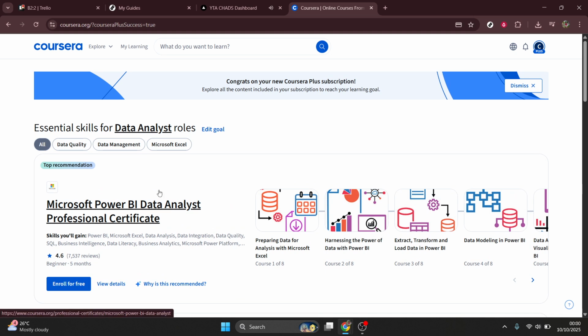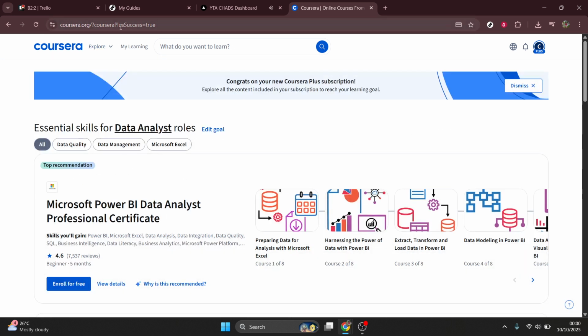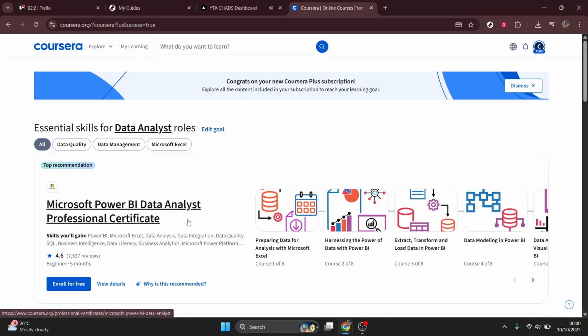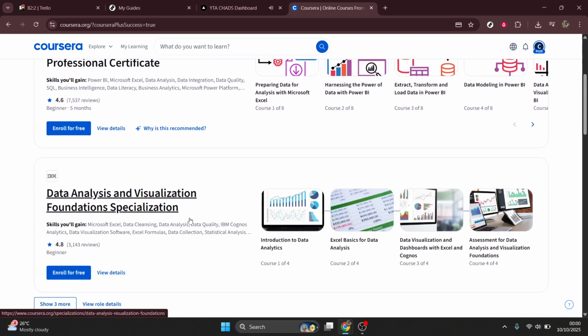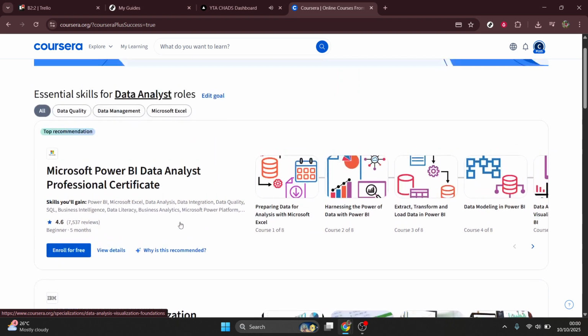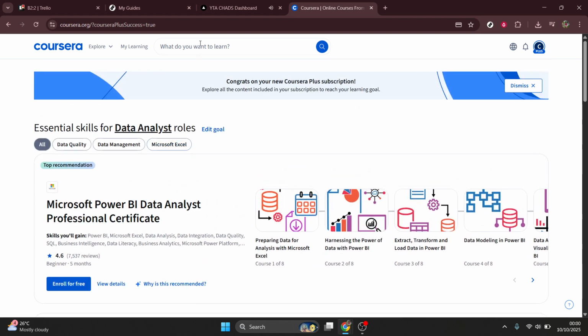Whether you're interested in developing new skills or just want to explore a subject area out of curiosity, Coursera offers a wealth of courses designed by top universities and institutions worldwide. Finding a course that piques your interest can be both exciting and overwhelming, given the vast array of subjects available. Once you've found a course you'd like to dive into, the next step is to look for the option to